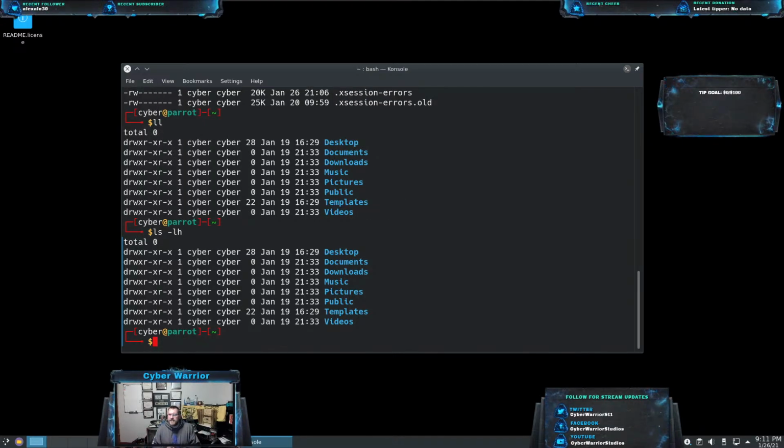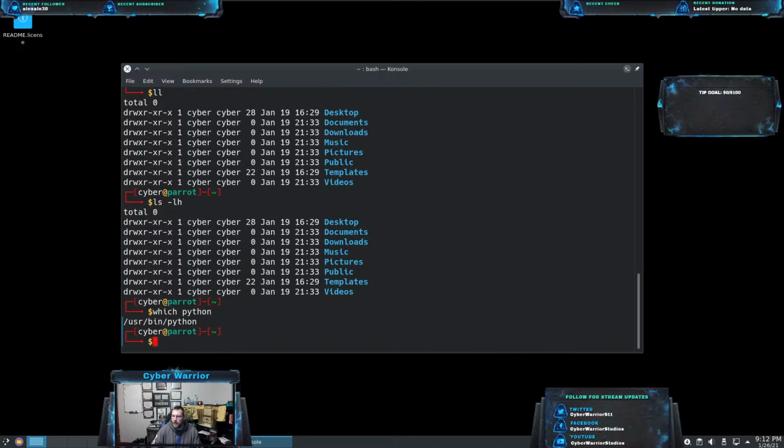So that's just a little rundown of how I do my initial setups, and that's, again, another reason I love ParrotSec. Their profiles don't require me to make really any changes right off the bat. Now, down the line, as I do different things, there may be some other changes I make. For instance, if we do which python, actually,